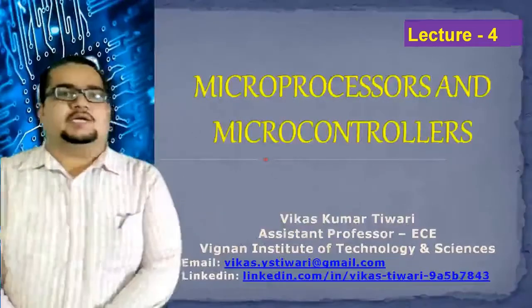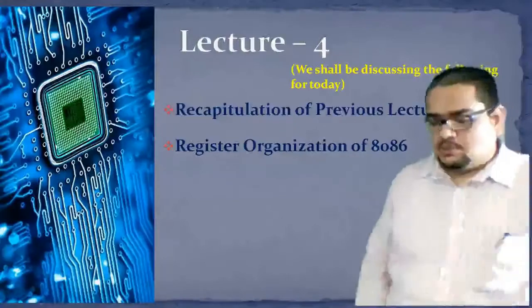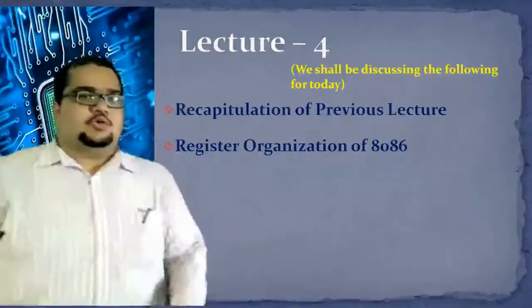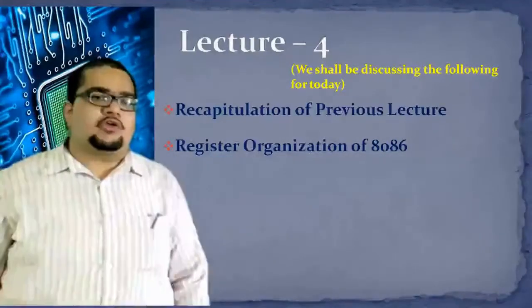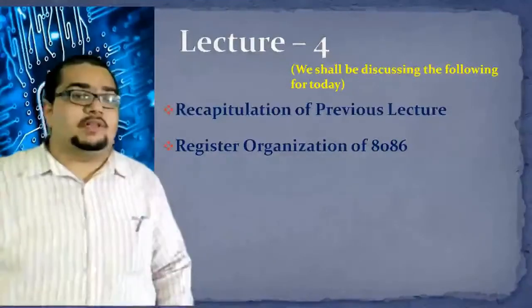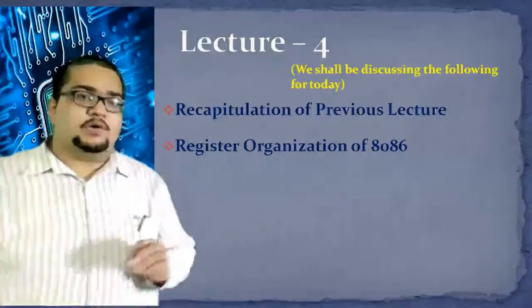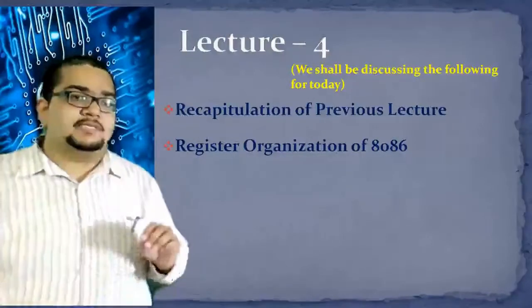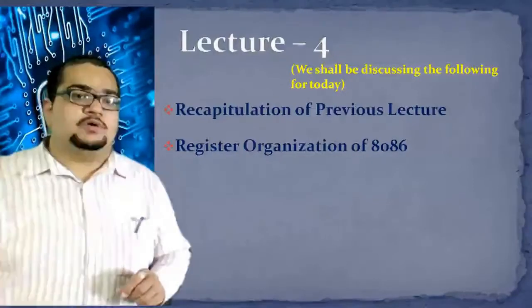So let us start into this lecture today. Now we are into lecture 4. So far we have discussed the architecture in the previous unit. Here we will be talking about the register organization: how the registers are organized and placed, what is the role of each register, and what purpose each register plays in the particular area of the architecture. That is what we are going to check.